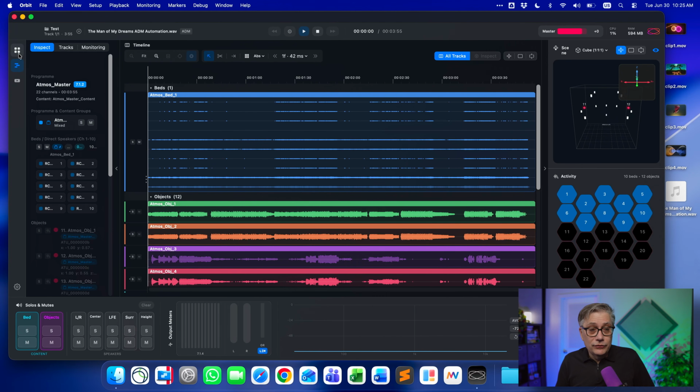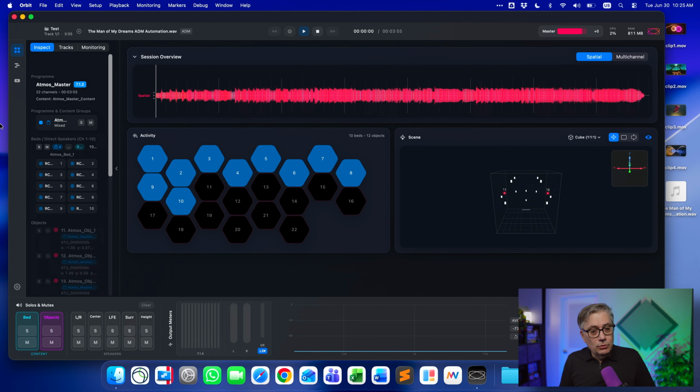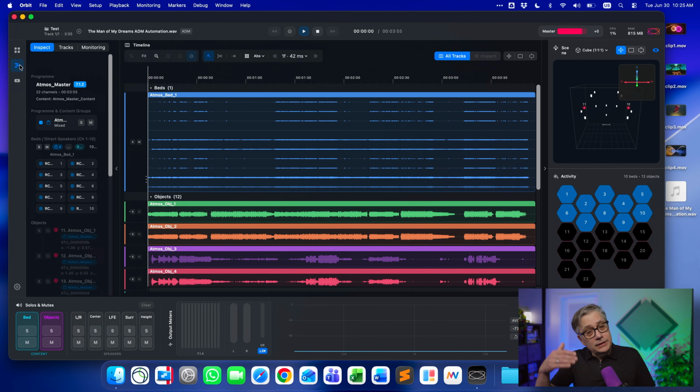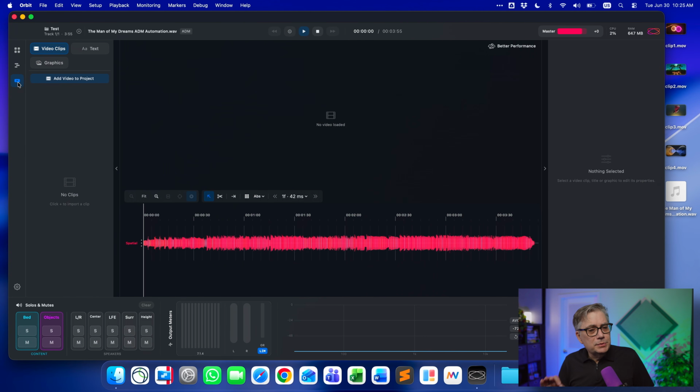And then we also have different views. In the original version, if you remember, everything was a little bit convoluted because everything was on one screen more or less. We now have different views that we can select. We can select the one that looks closest to the original version. We have the one that kind of shows us all the individual tracks. And then we have one which is specifically for video editing. And that's actually a new addition that I think works really, really well. And we're going to check that out in a second.